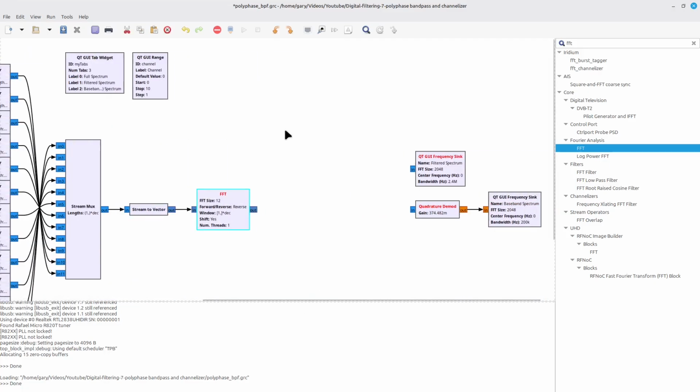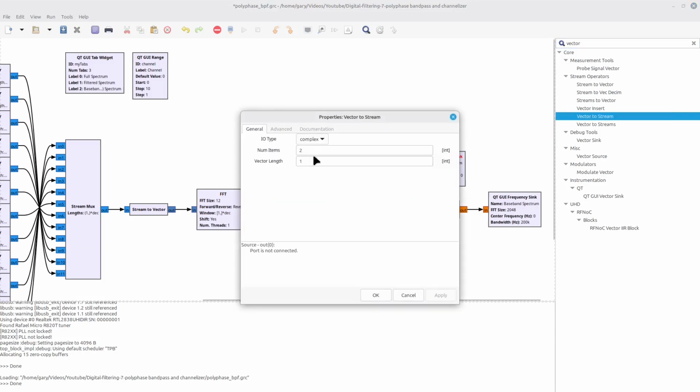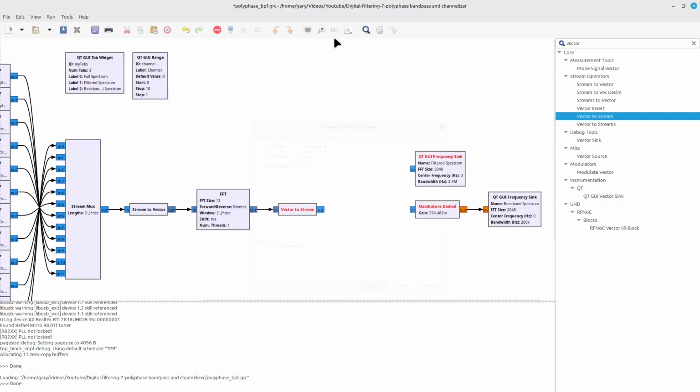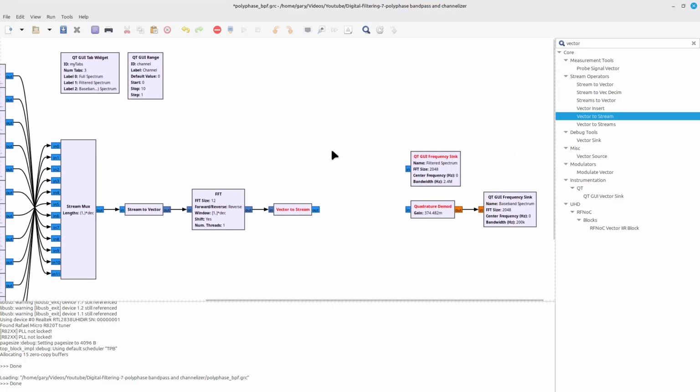At the output here, I'm now ready to turn it back into individual sample streams. So for that, I'm going to use a vector to stream. And then the last part is I'm ready to now demux them or pull them out into individual streams.